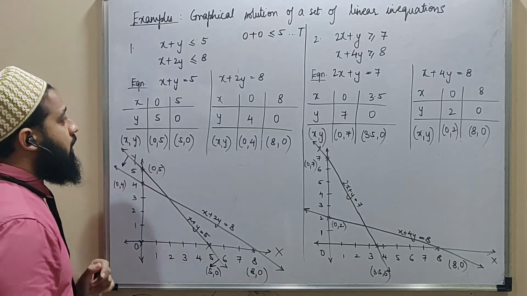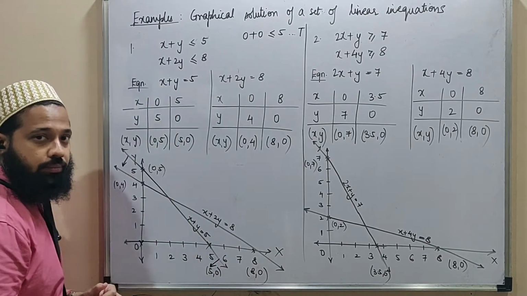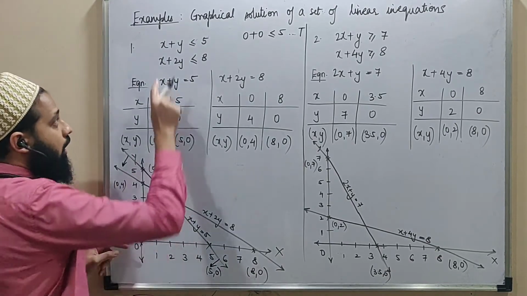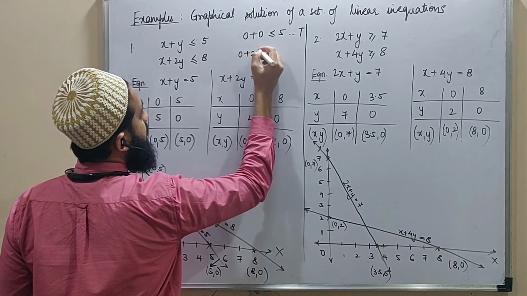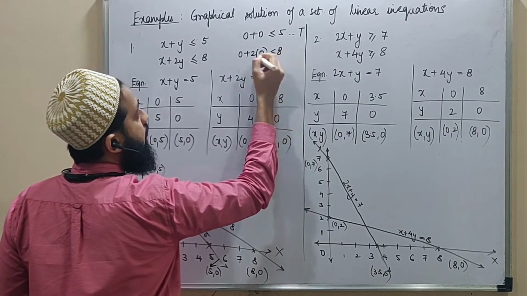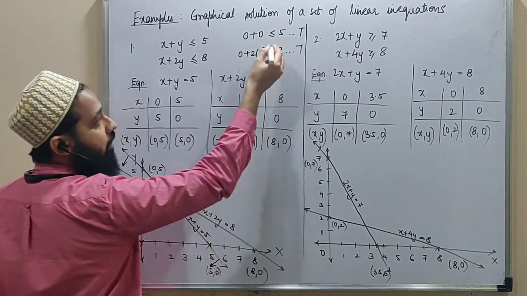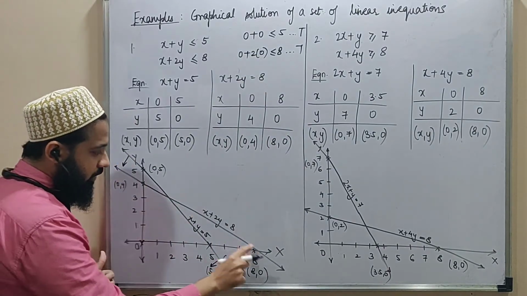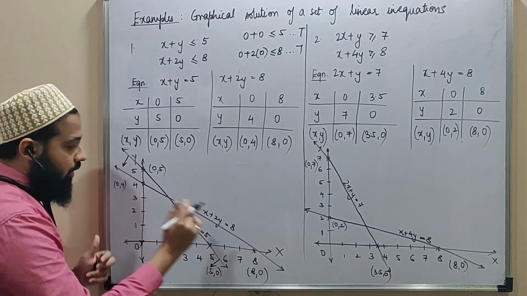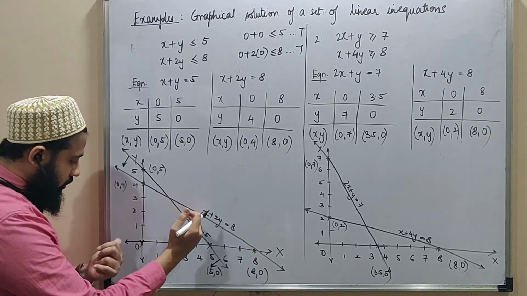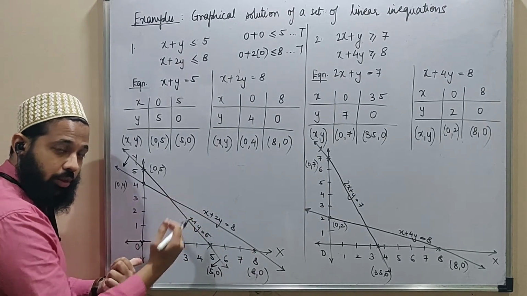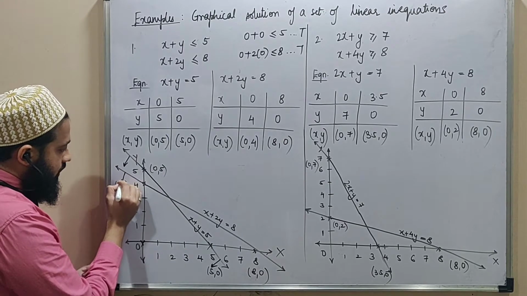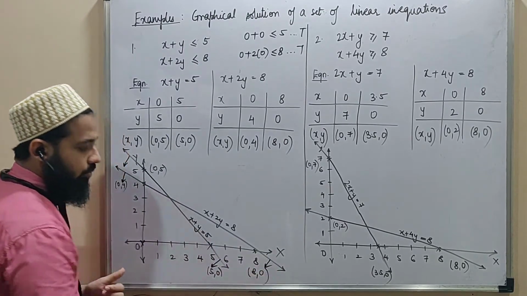Okay, next we'll discuss this particular inequality. Again take the 0, 0, again put it here. You have 0 plus twice into 0 less than or equal to 8. This is also true because 0 is less than 8. So we are once again in the correct region for the second line as well. This is your second line. If for this line also this is the correct point, then we are talking about points below the line. So once again the arrow is going to point below.